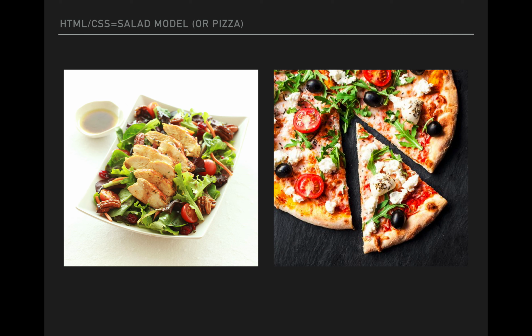So, if you think about a salad with just the lettuce, that's your foundation, right? That's your HTML. Same thing with a plain cheese pizza. That is your HTML. That's your foundation. And then your toppings, the things that make it prettier or add more flavor, that is your CSS. However silly that may seem, I like to use this analogy because I think it really helps you decipher the function of HTML and how that also relates to what CSS does to a plain HTML